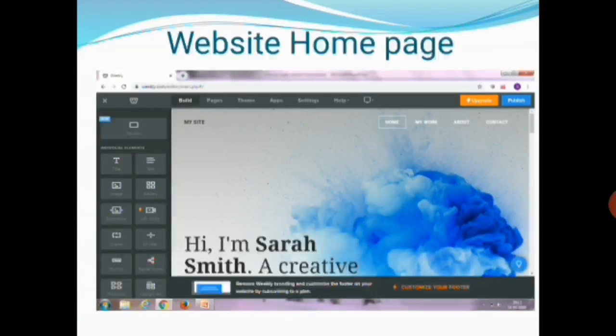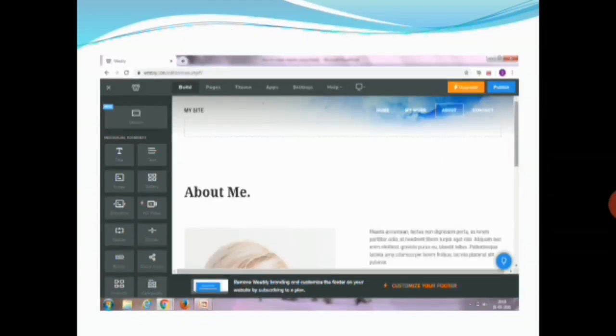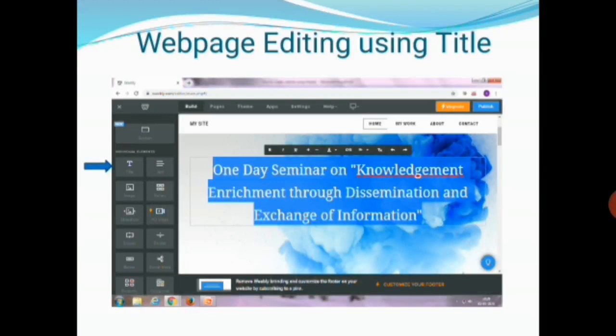Now you can easily edit your website. Your website has some elements at the top: home, my work, about and contact. Weebly provides lots of themes and designs without any content. It has only drag and drop in your interface. Once you drop any element onto your screen, you can quickly change the options to customize based on your needs. There are a lot of elements available in the Weebly web page elements.